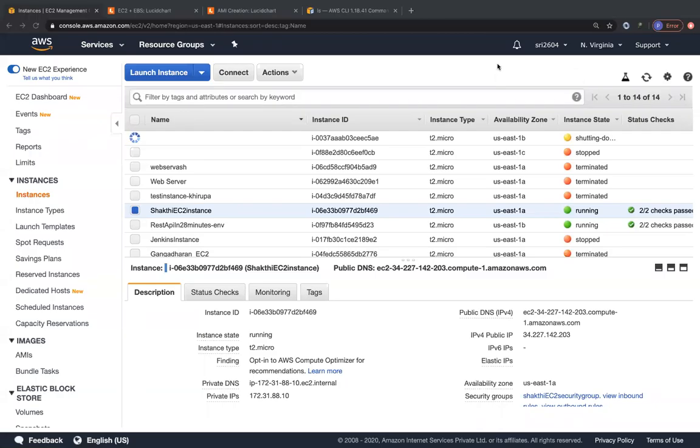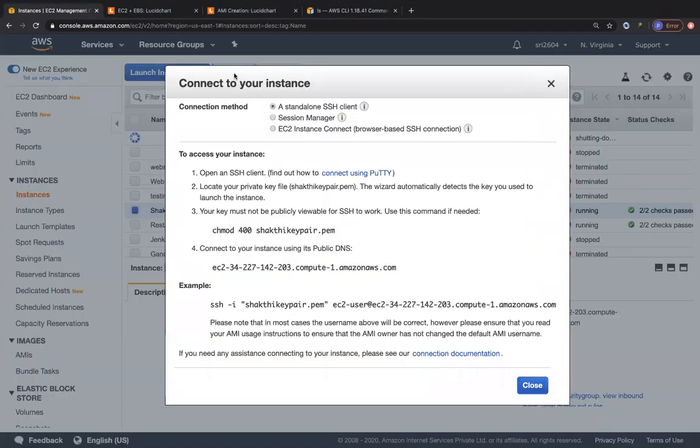Okay, so since we spoke about some of the properties of the EC2 instance, we will also look at some additional properties that we can also do for an EC2 instance regarding monitoring or regarding status checks. Or let's go and look at how we connect to an EC2 instance first before doing all of this. So you can click on your EC2 instance, click on the connect button on top.